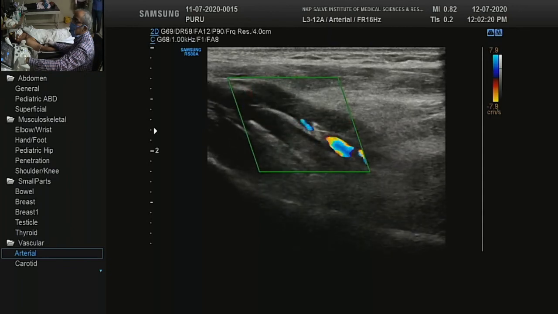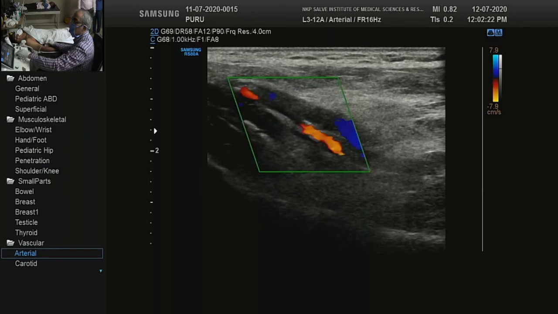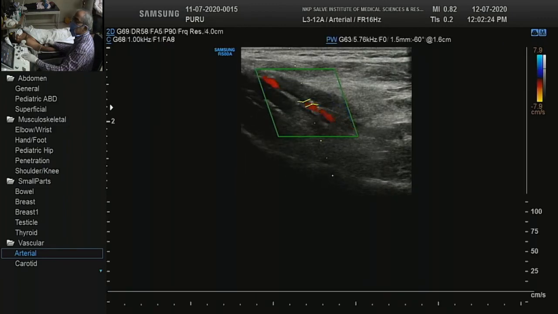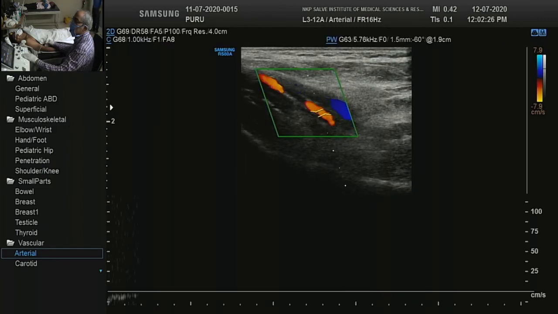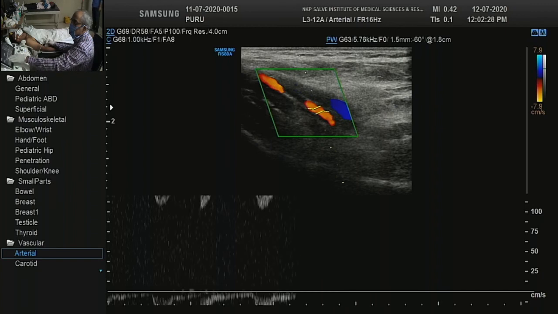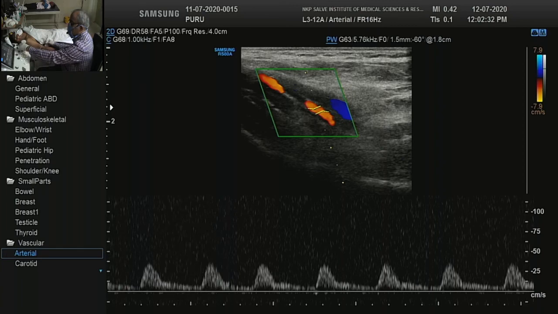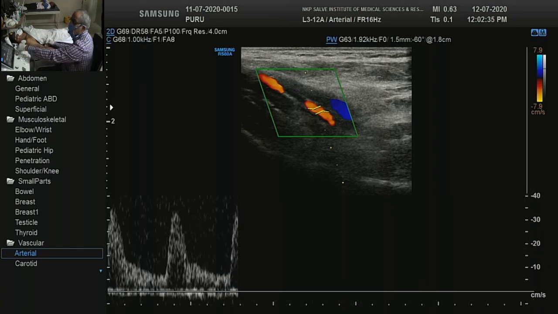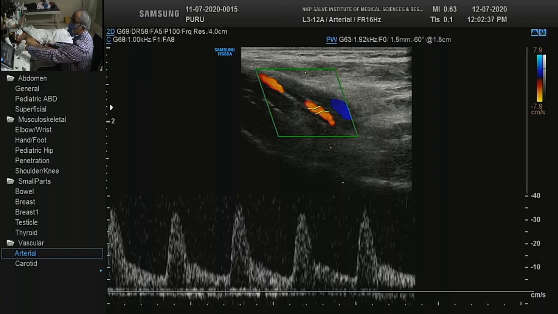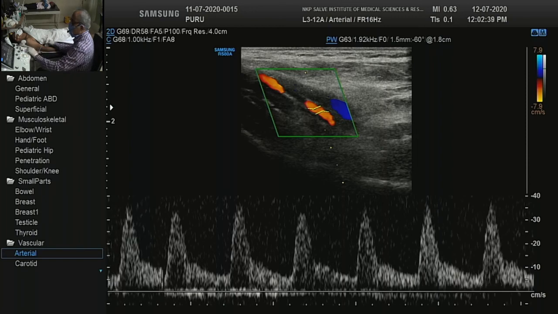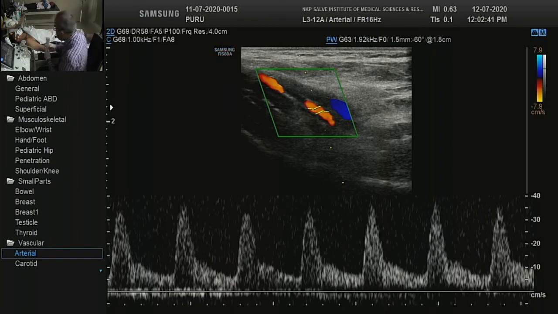Vein is also seen. So the flow has reduced further. Okay, continuous forward flow. So we can do sampling of radial and ulnar also and mention in our report what is happening to them. I think we will move on to the next case.